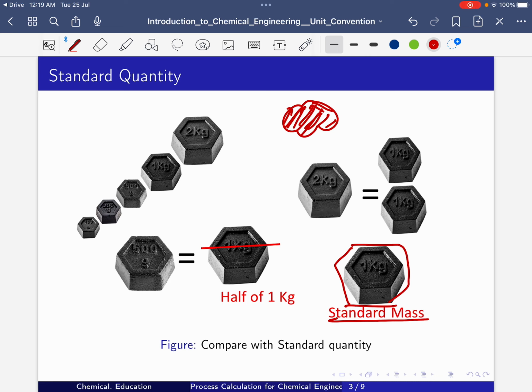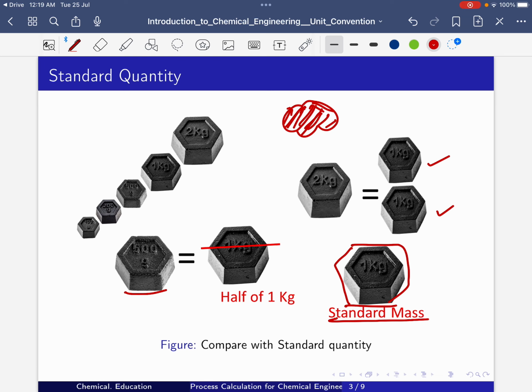If it is 2 kg, we just take two 1 kg objects. If we want to measure 500 gram, we have to take half of 1 kg. Similarly, we can divide or multiply 1 kg, so we can get any subset of the desired quantity